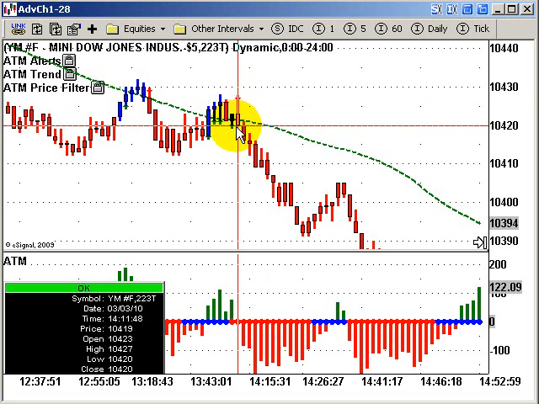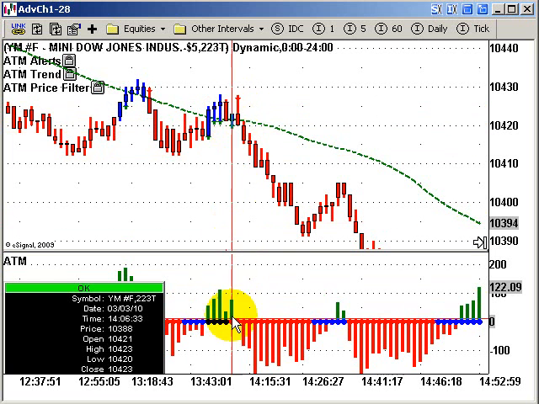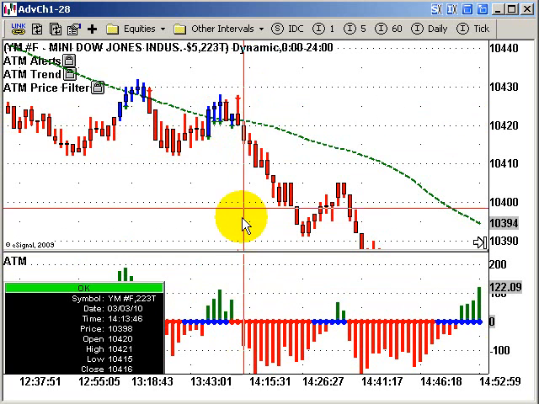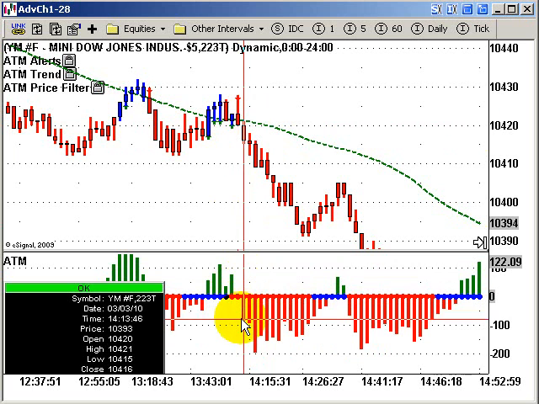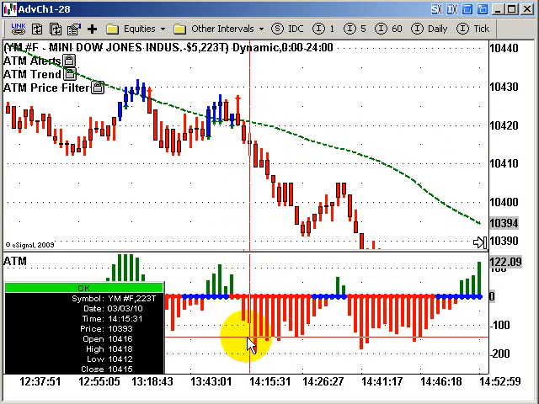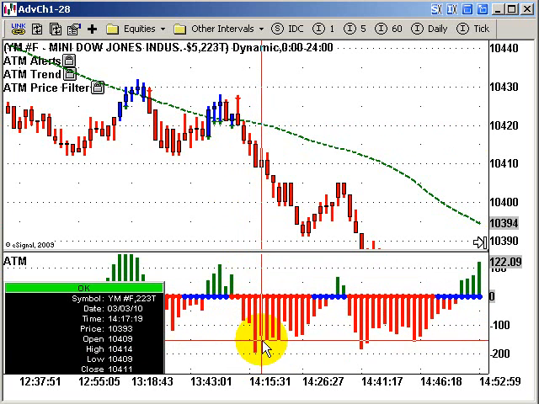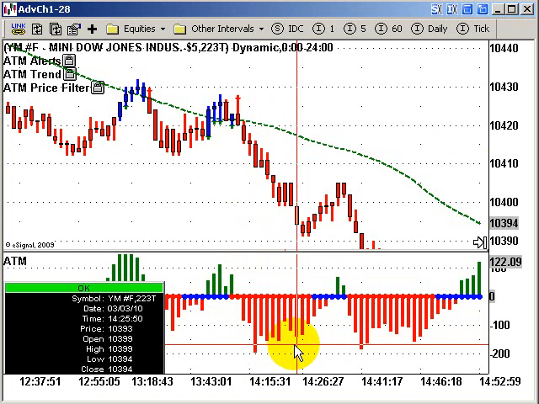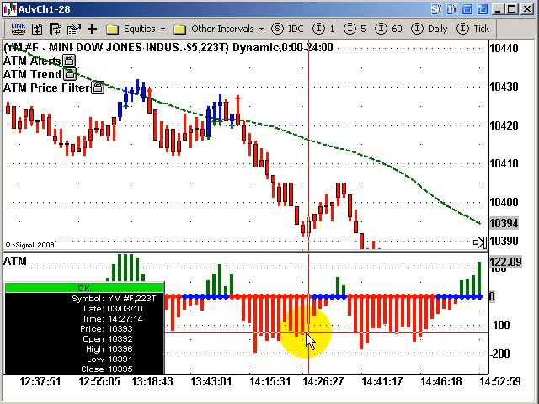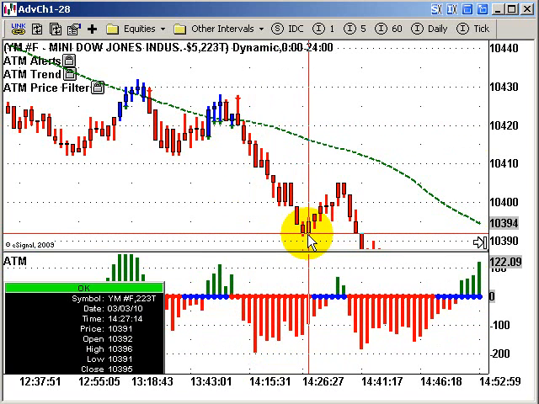This red one was the first red one now to cross the trend line, and we can actually go short. The ATM is red there. We're going with the trend to the short side, and that's at 420. And again, we'll manage it: we get an increase in momentum, an increase, a pullback, an increase, a pullback, an increase, a pullback, increase, pullback, pullback. Okay, so there's our exit here